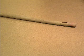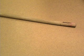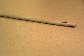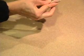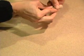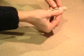So the timer's gone off, and I'm going to open up the oven. And like I said, I'm just grabbing this with my hands. The recommendation is to use gloves. This is still warm, and I'm just going to wrap it around my piece of wood here and hold it, and then it gives it this rounded shape. So the timer's gone off again. I'm going to pull another one of these out